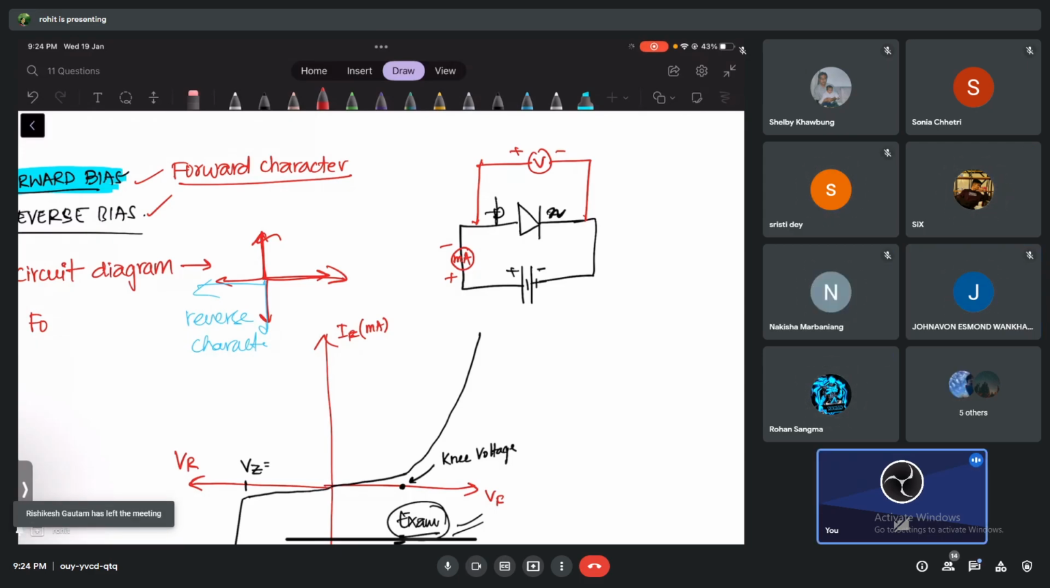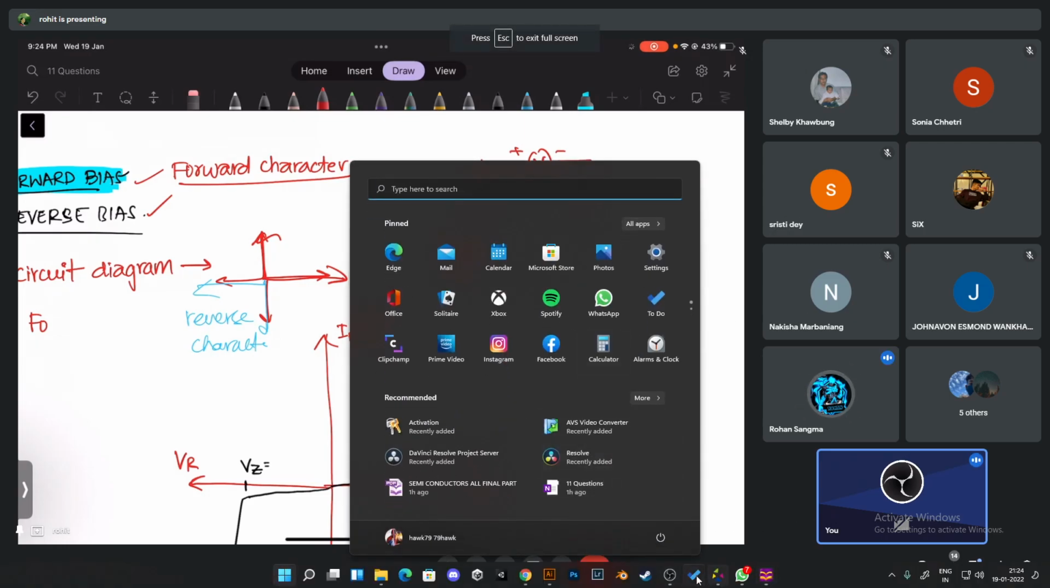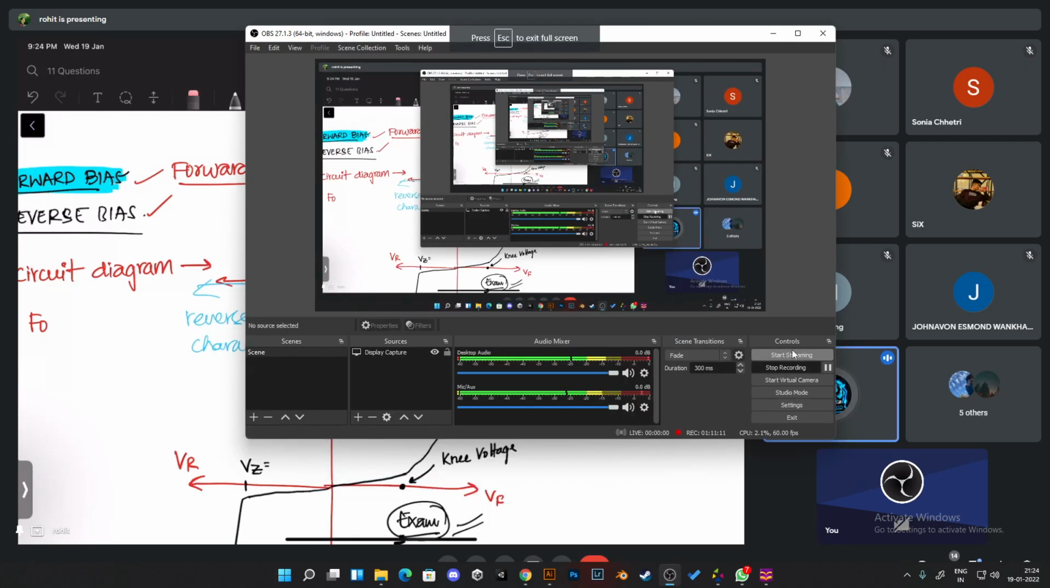Sir, you said that you will tell the important derivations. Oh yeah. Important derivations from which topic, Ryan? The magnetism, then electromagnetic induction and